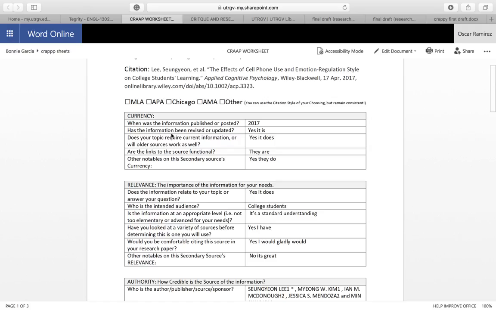This CRAP sheet helped me a lot to know if the research was recent, if it was peer reviewed, meaning that people were going through it and it wasn't just some fake information, if the people that created the work were contactable, you could contact them. Third of all is that even the research had to apply towards your work as well. I mean, sometimes I would just go on, click whatever, and halfway through that article, it was completely talking about something else. So this made me clear up a lot of the things.